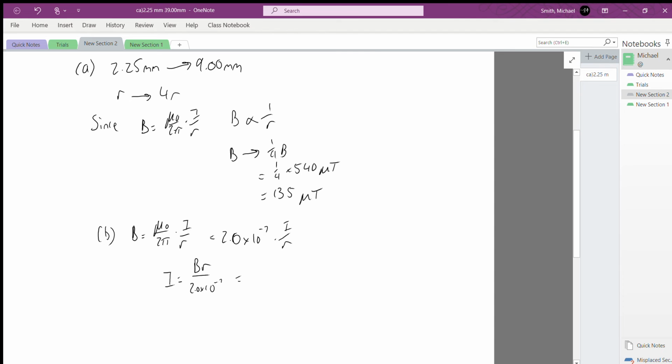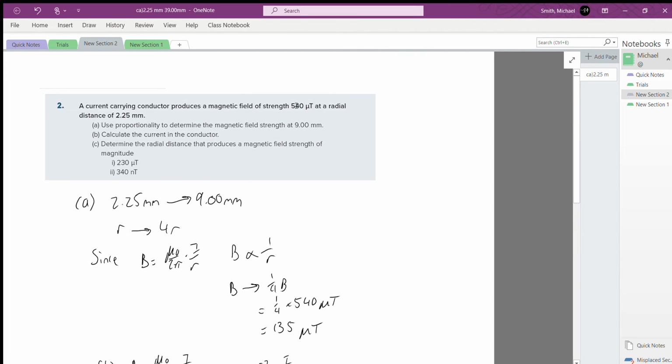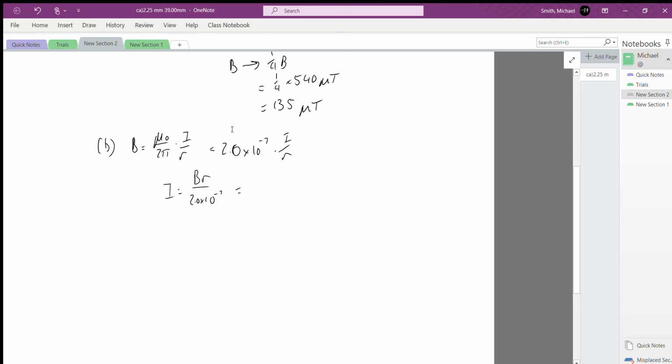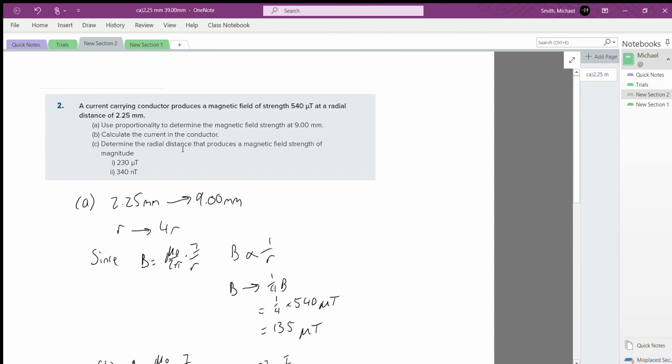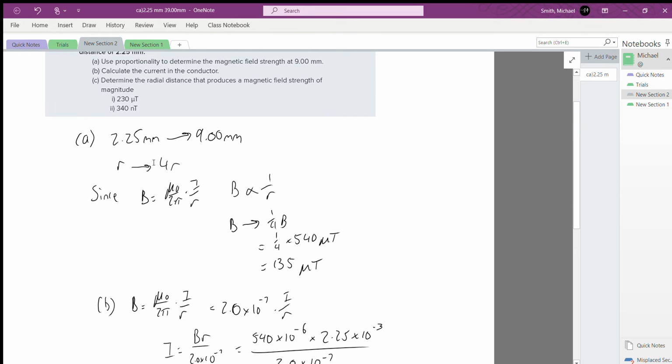From the stem of the question, B is 540 microtesla and R is 2.25 millimeters. So 540 microtesla multiplied by 2.25 millimeters all over our constant, which if we substitute into our calculator, we get approximately 6.1 amps. After that, we need to determine the radial distance that produces each of these magnetic field strength values. So the first one is 230